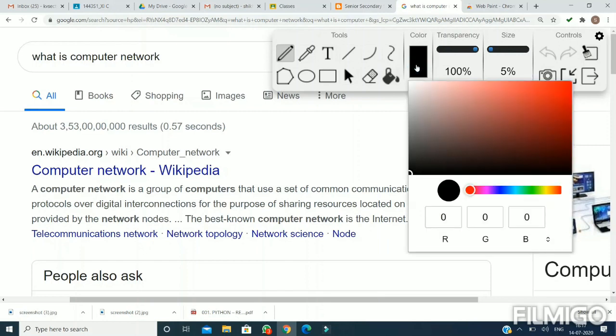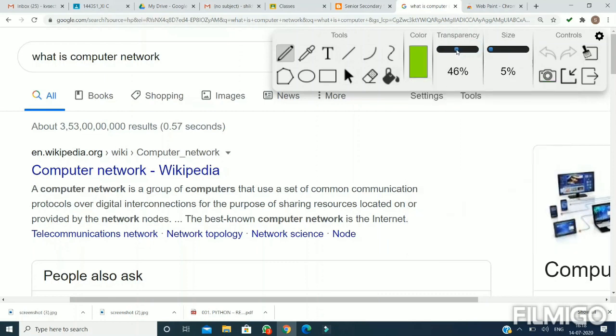When I click here, you will see the color bar, and the colors appear at the top. We have to select a color of our choice to take it, and it will be available here. This is the transparency. Transparency means if you increase it, then your annotation will appear darker, and if you decrease it, then your annotation will appear lighter.